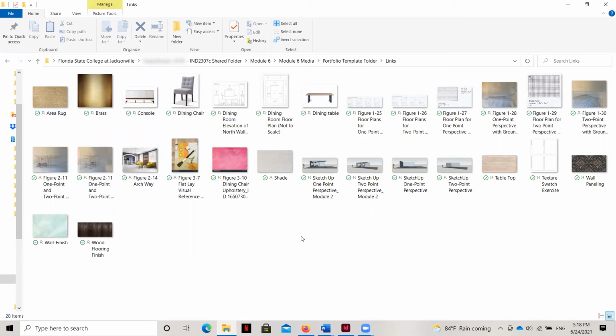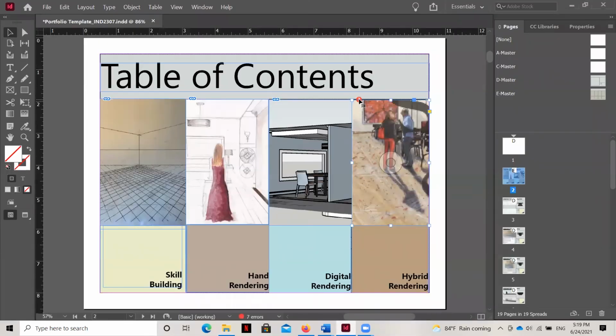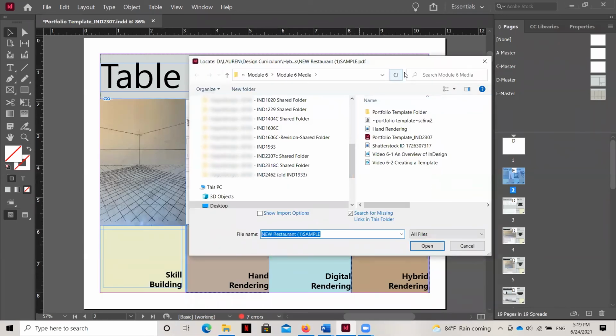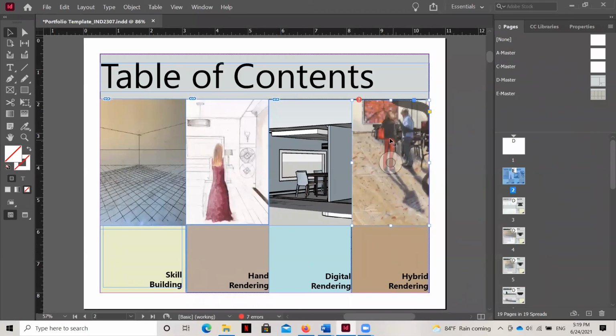Now, if I were to, for example, delete this folder or have another computer that I wanted to show my portfolio on, what I would have to do is put this folder of links on a flash drive, put the flash drive in a different computer, open up InDesign, and on all the images where I see that, when I click on it, this is InDesign going, okay, if it's not there anymore, where is that link now? Now, I still don't have this image on my computer. It's still on the flash drive.